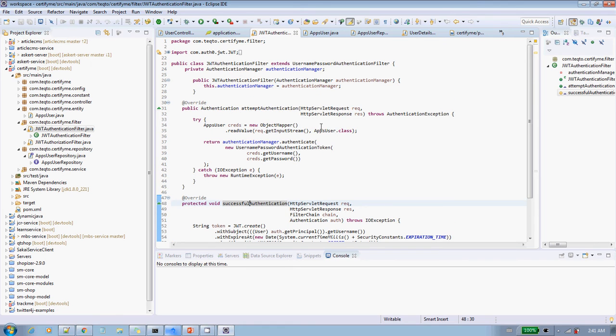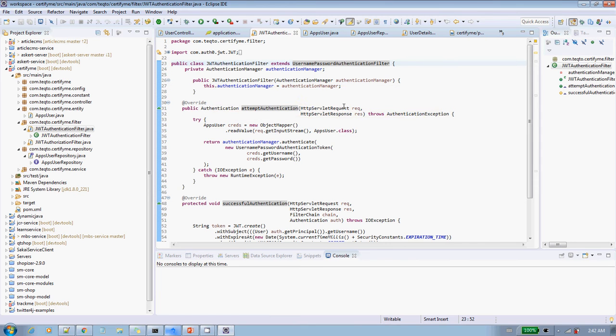The JWT authentication filter extends the UsernamePasswordAuthenticationFilter. This filter can give the user a form if the user is not authenticated earlier, where the user needs to pass the username and password, and after that the request comes to this filter.